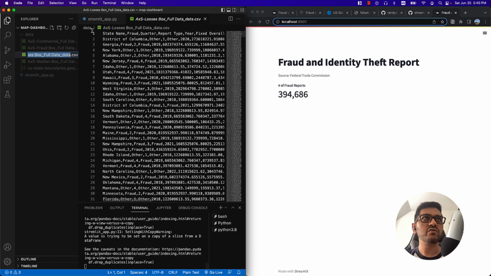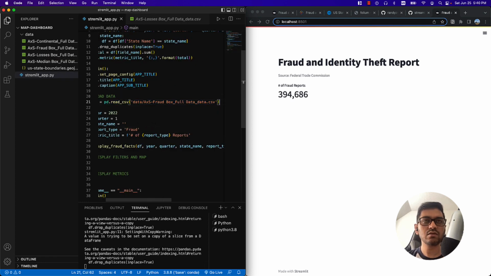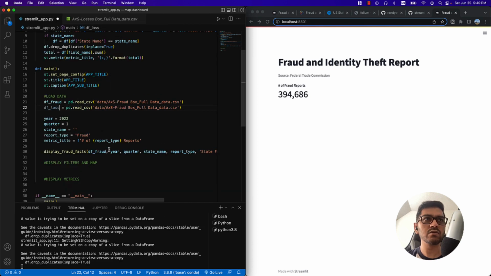Actually, before copying, I'm going to copy this line, and I will call the first one df fraud, which is going to be the first display fraud facts data frame, and second one will be df loss. And here the file name is just added these losses. I will change the fraud with losses,